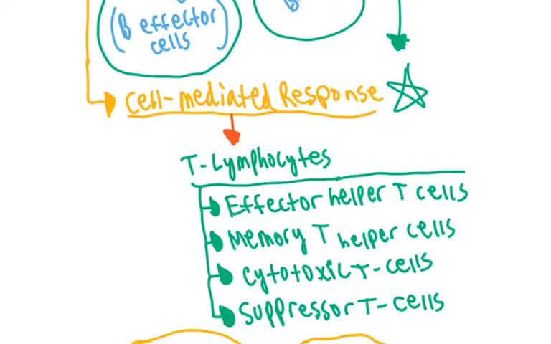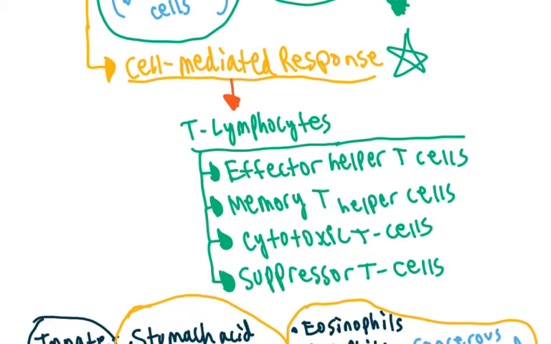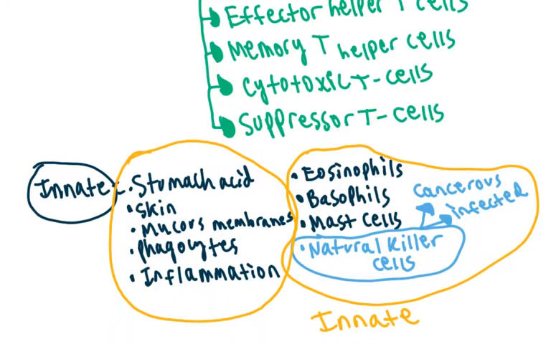The other type of adaptive immune response is the cell-mediated response, which involves T lymphocytes. Some types of T lymphocytes are effector helper T cells, memory helper T cells, cytotoxic T cells, and suppressor T cells. And we also did a quick review about the innate non-specific immune system, about what we discussed in the